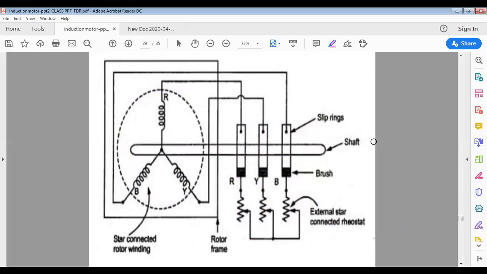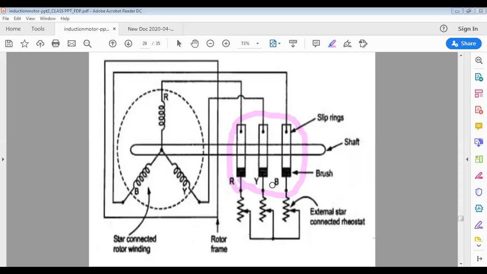Okay, so slip ring, very good, slip ring. Abhinav, the slip ring brush arrangement is used in the slip ring or phase wound type of three-phase induction motor. You connect a rotating part to a stationary part, so due to friction you have to replace the carbon brushes frequently. Means maintenance is more. In which rotor is maintenance more? Slip ring. Very good. In a slip ring induction motor, maintenance is more.